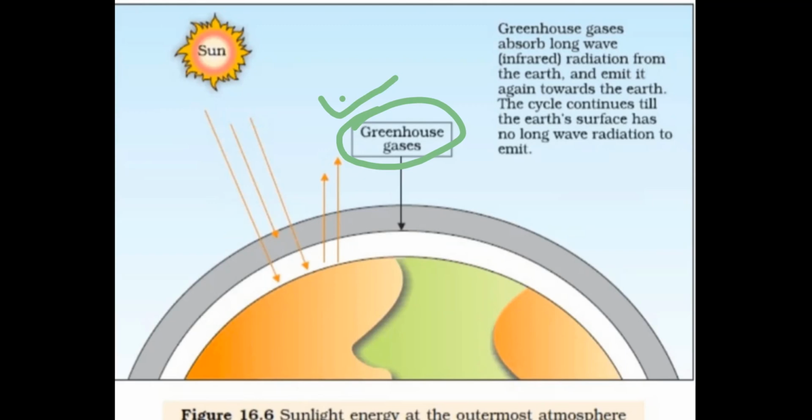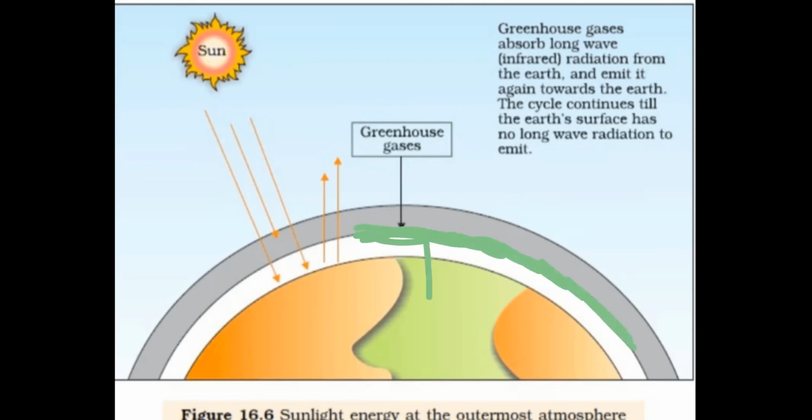And when the earth heats up due to this solar radiation reaching the earth's surface, that heated earth surface emits radiation, which we call infrared. Of this infrared radiation, a small portion escapes, but the majority is absorbed by the gases, and these gases help to warm up the earth's surface. These gases are called greenhouse gases because they absorb the infrared radiation and reflect it back to the earth to keep it warm.